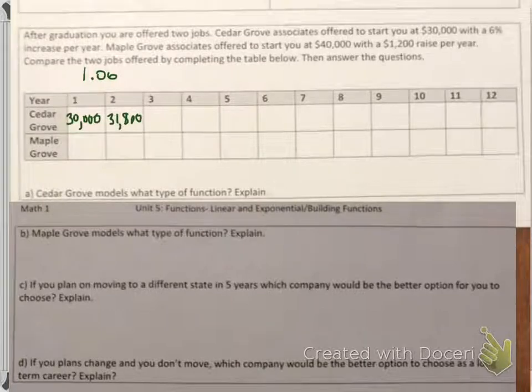Then I'm going to take that number and I'm going to times it by 1.06. And that will give me the next number. So 33,708. Then times that by 1.06. And I get